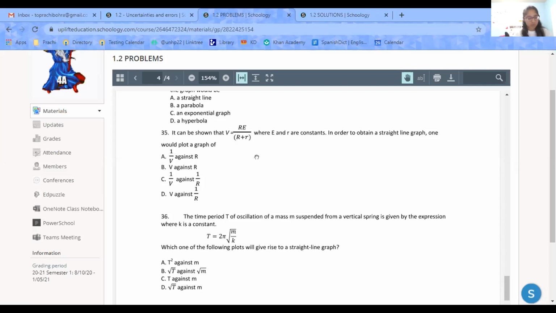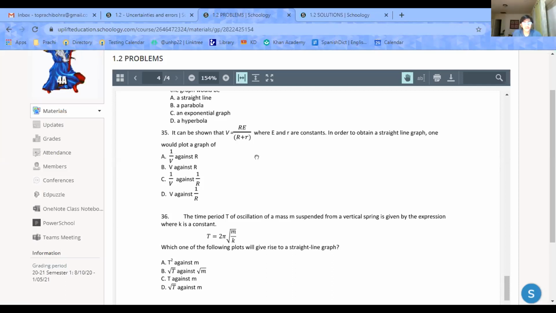Wait, what did you say about 1 over e? Wouldn't R and E both just go to the bottom? Okay, you could separate it. Yeah, I see what you're saying. Yeah, so I was trying to separate it out. So you still have that little r. No, but the benefit of this is here.